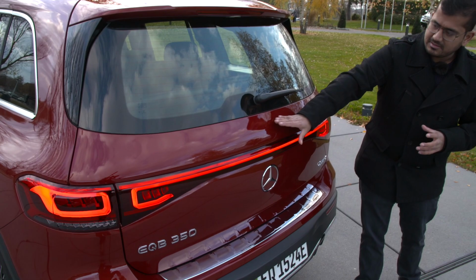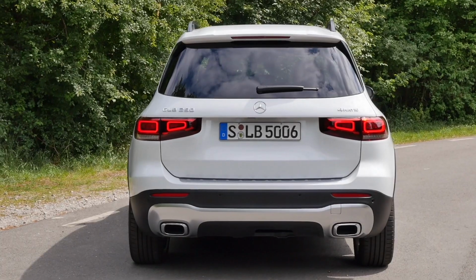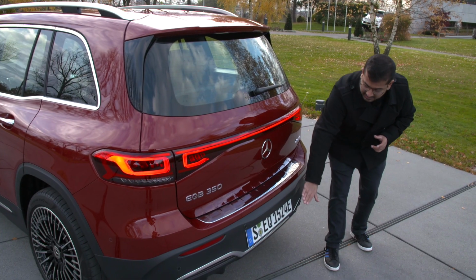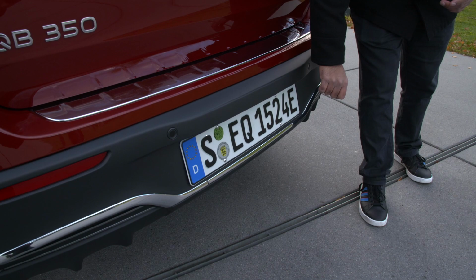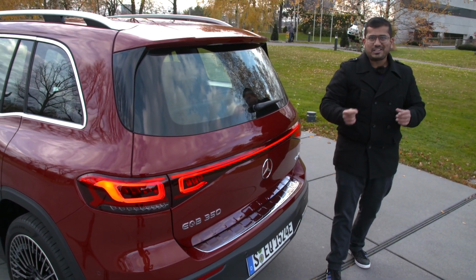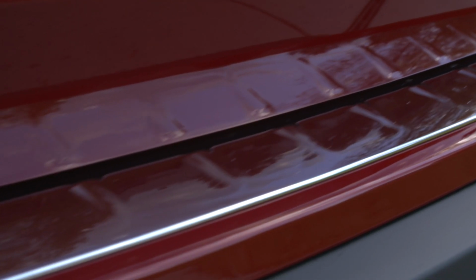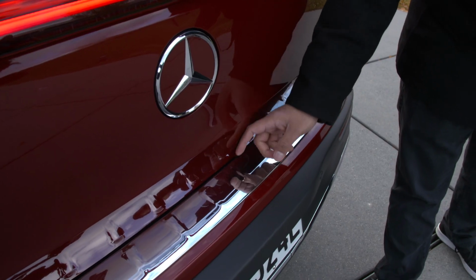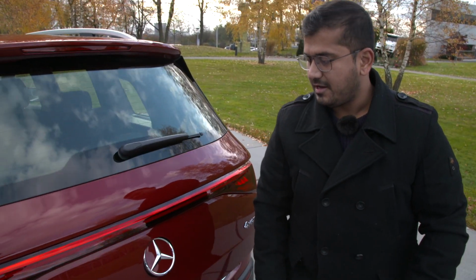So this tailgate is a little bit more rounded here, and in the GLB, the number plate was tucked away here, but now it's down here. And in order to put the lights to illuminate the number plate, they've had to redesign the bumper, and this lip is what gives it that tiny extra length overall. A nice shiny scuff plate here, which kind of reflects in this little crevice along the bottom of the tailgate. You get an automatically